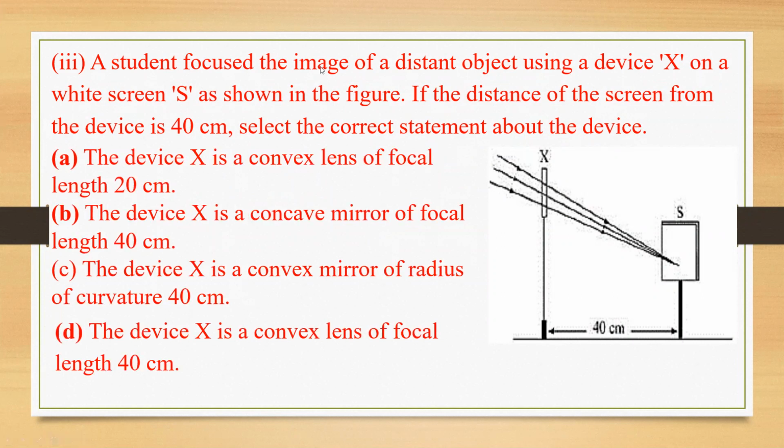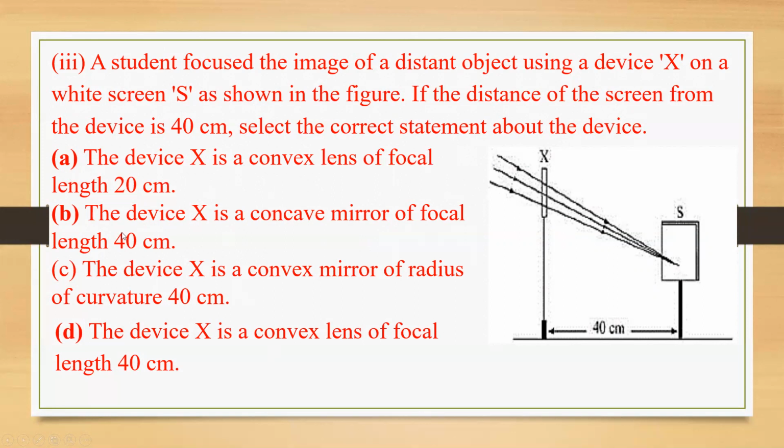In this statement, we know that this is how it is. You can see all the lines unite at one place, so it would be a convex lens, isn't it? Because all the rays are passing and uniting at one place. That is nothing but we can take the screen as the focus. Because at the focus only all the lines unite, no? Converge, no?